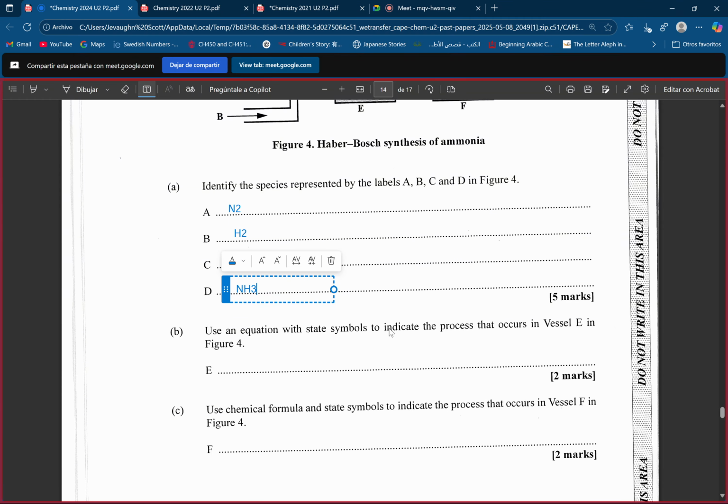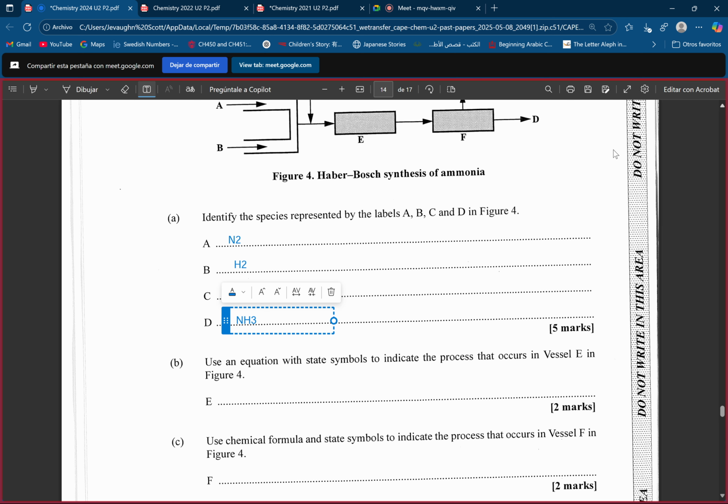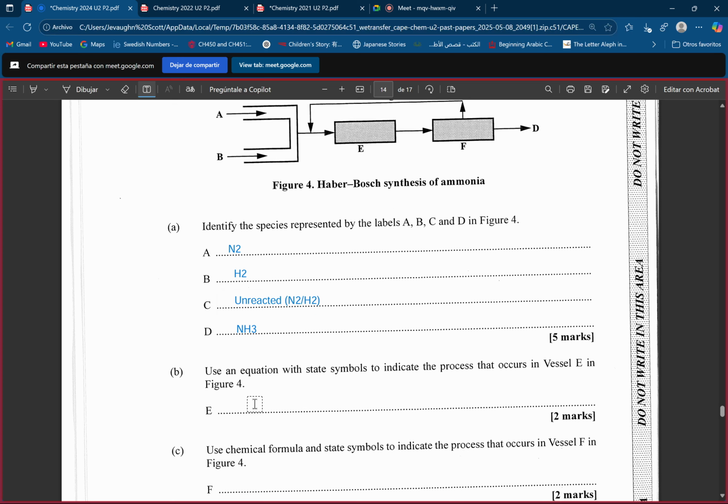B. Use an equation with state symbols to indicate the process that occurs in vessel E. Vessel E, I have one, is it an iron molybdate catalyst? Is it either that or the iron catalyst? But let's look at this. We can use the iron catalyst. So what's happening in that? In E, so N2 gas,